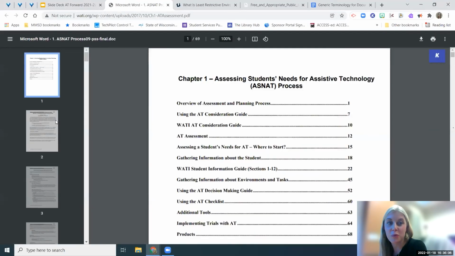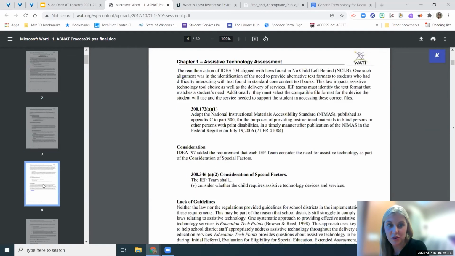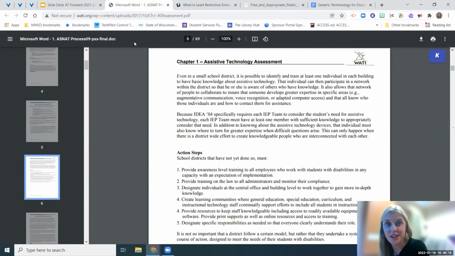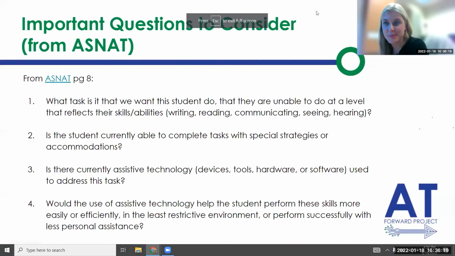This is from WATI, and there are many pages of information, which is a lot to look through. So Carly was so kind to pick out a few of the key things to think about when we're thinking about needs.